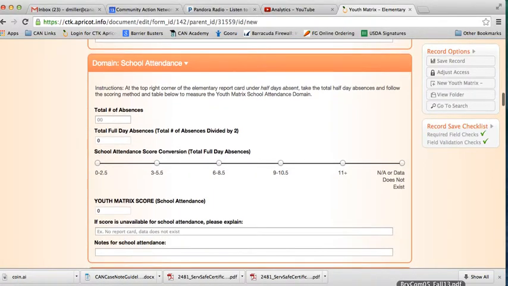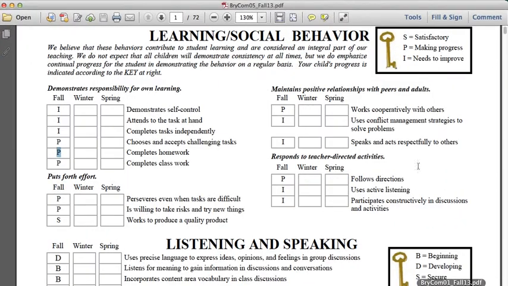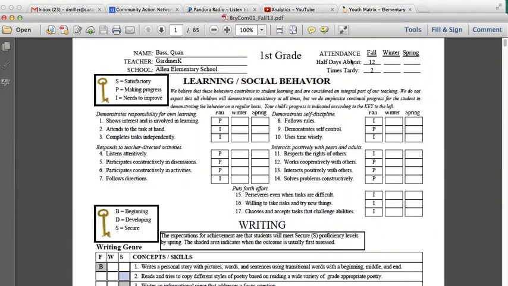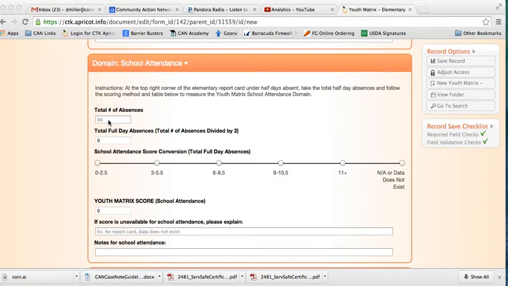Alright, and then moving on to the next section, school attendance. What we're going to be doing here is looking at, actually let's pull the other child's record. Up at the top right, we're looking at the fall section right now. Notice that it says half day absent. Ultimately, for every day that a child is absent, they get 2 absences in that type of format. So what we're going to do is take that 12, and in the form,